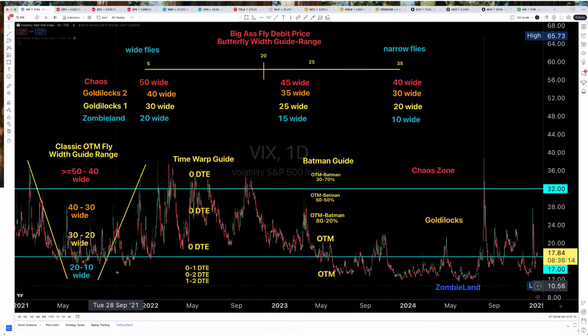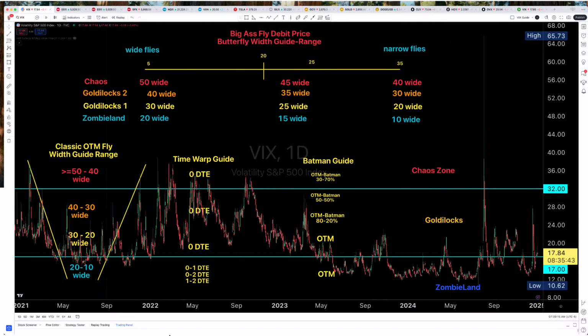And so if we go over here to the left, it will show us what widths we should be considering. So we're not quite in the 10 to 20 wide and maybe closer to the 20 to 30 wide fly. So we have to choose a fly somewhere between 20 and 30 wide. All right. And then the next step is to figure out, well, what side of that range should we be on? And we do that by looking at the